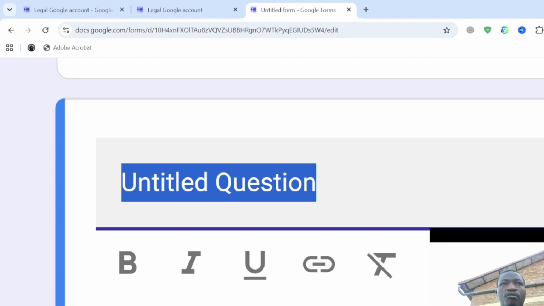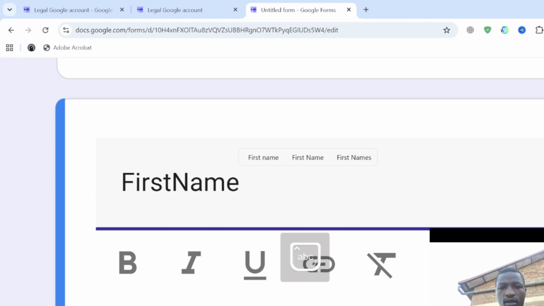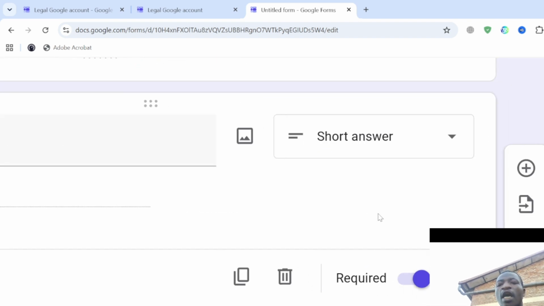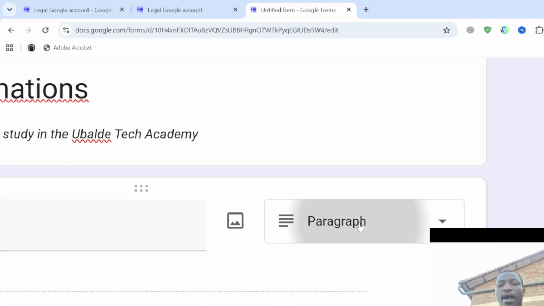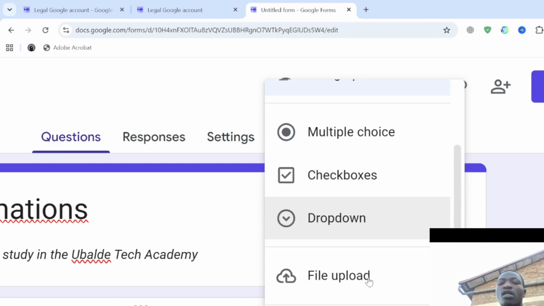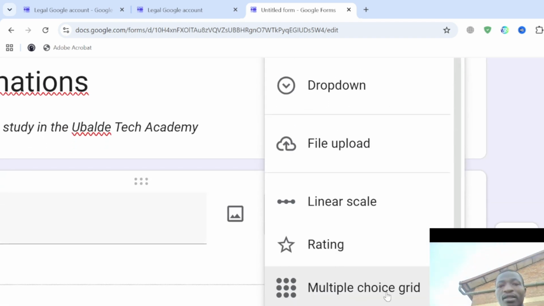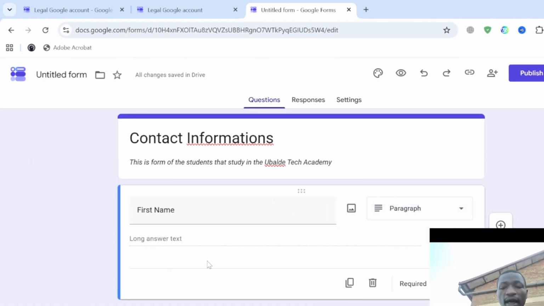And you click here. You type, for example, first name. Yes, this is the first name. Your first name, and then here you choose how the answer will come. Is it a short answer, is it a paragraph, is it multiple choice, checkbox, drop down, file upload, linear scale, rating, multiple choice grid, checkbox, date, time, or what. Yes, and then